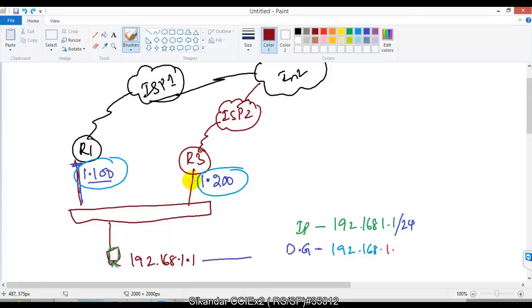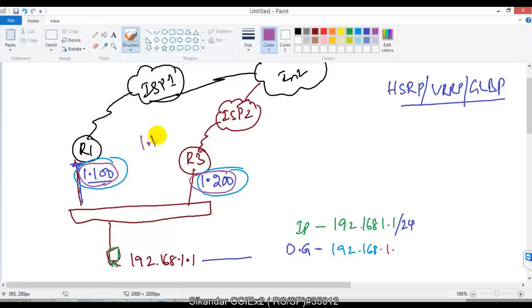Switching gateways by changing the physical gateway addresses is not possible. So instead, what we are going to do is configure something called HSRP. Anyway, HSRP, VRRP, GLBP all will do a similar job. Any one of these protocols I'll be using. And using this protocol, I'm not going to use this gateway, I'm not going to use this gateway. Instead, I'm going to configure one virtual gateway. So this is your virtual gateway.